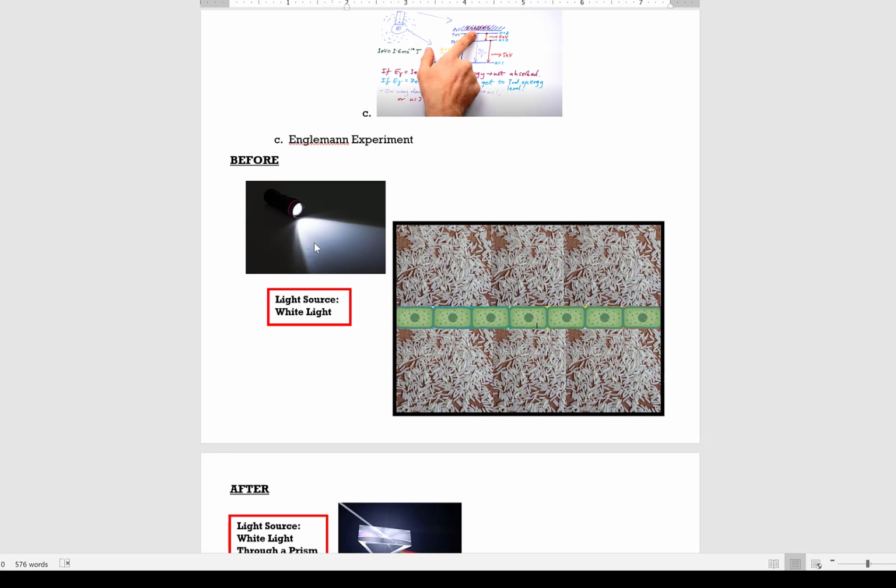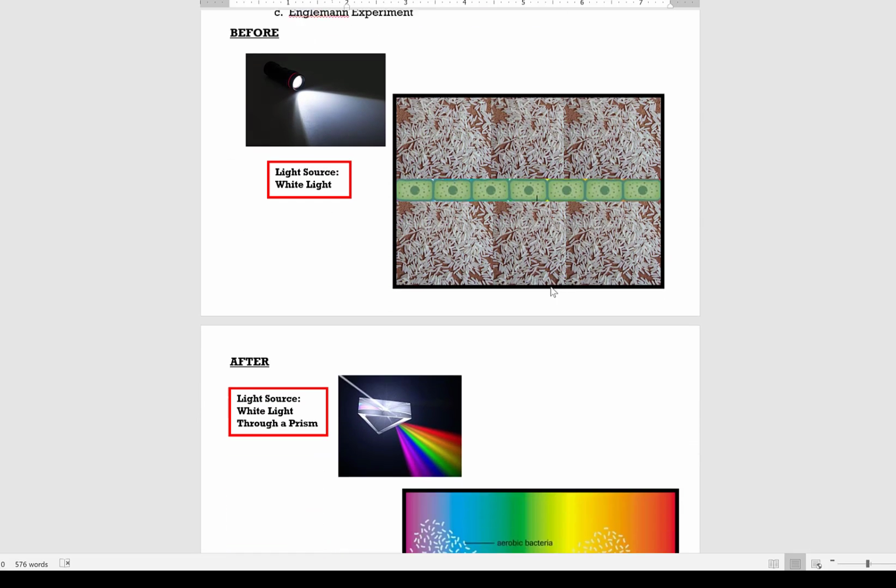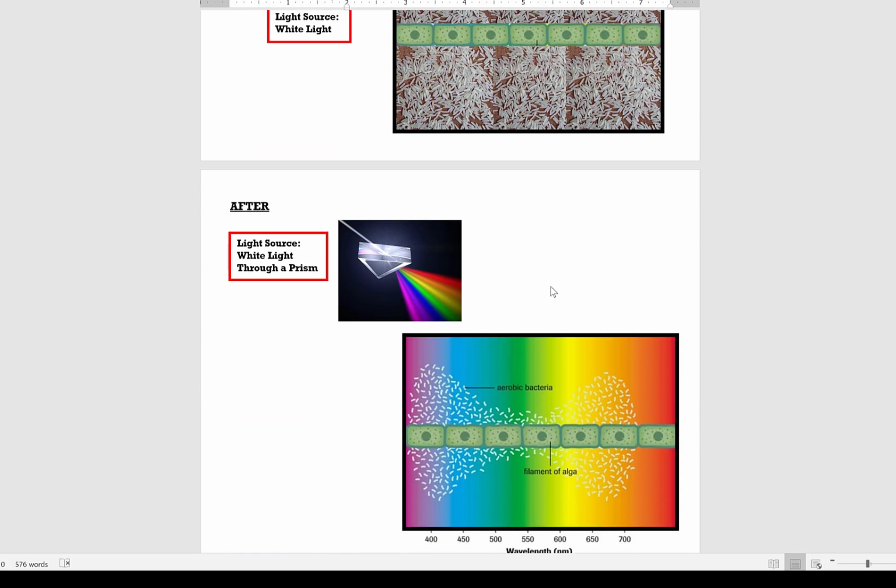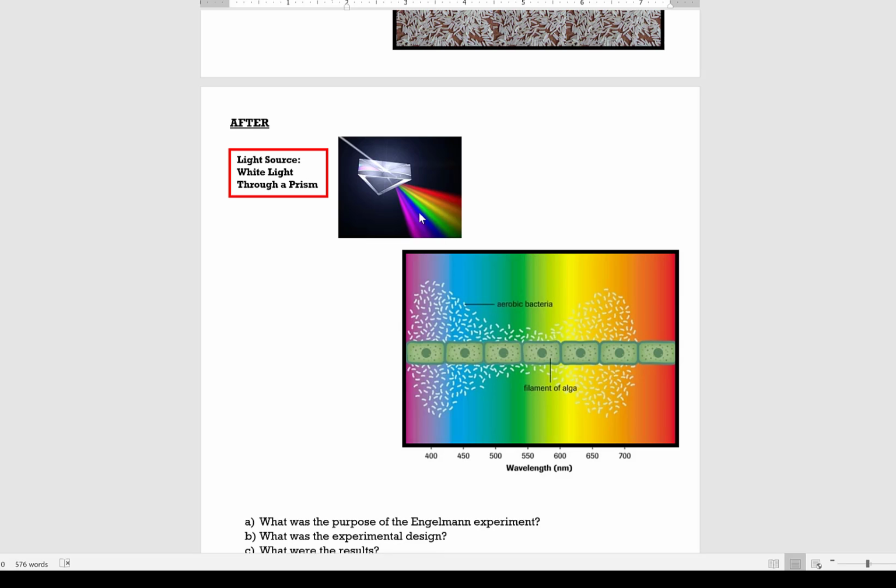And when he would shine white light, so the mixture of all of the wavelengths of light in the visible range, onto the algae, they would undergo photosynthesis and supply oxygen and food for the bacteria. Then he took his light source and used a prism to divide the white light up into the